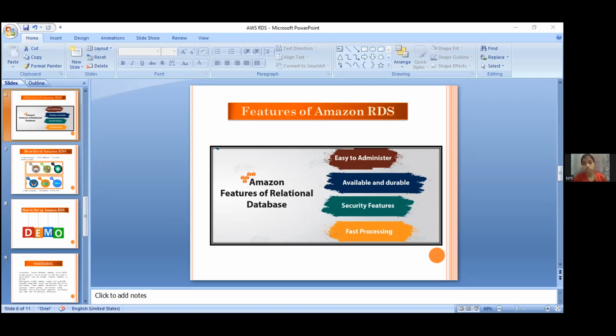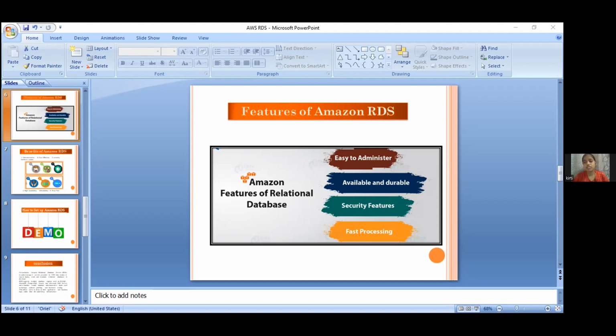Amazon RDS runs on the same extremely reliable infrastructure employed by the other Amazon Web Services. And with a Multi-AZ deployment, Amazon RDS replicates the data to a standby instance in a different availability zone. And third is security features.